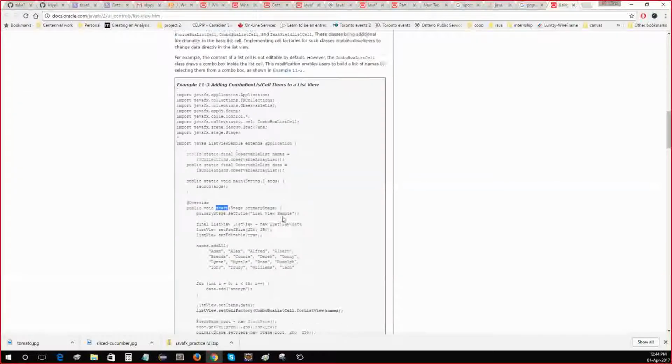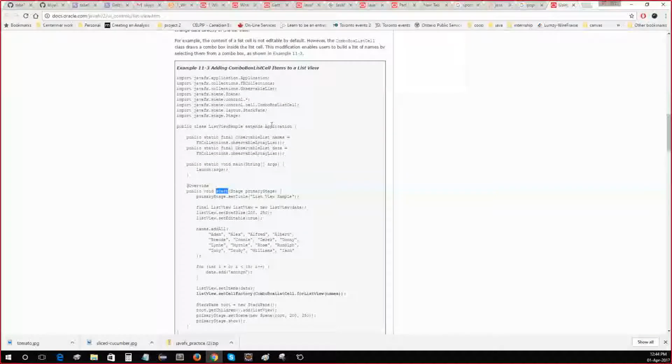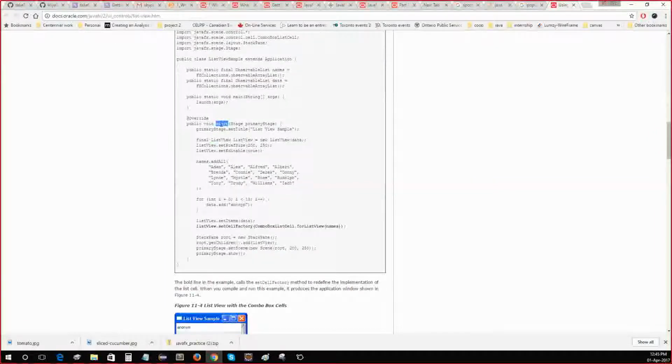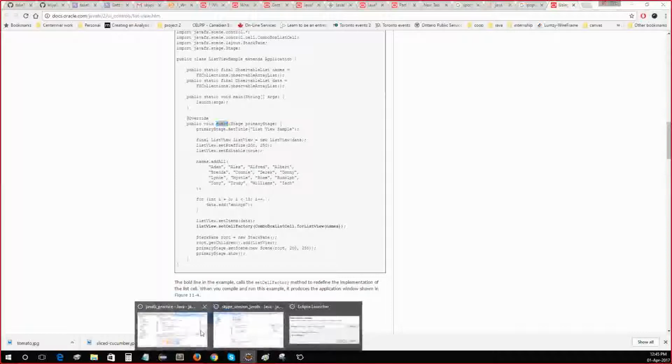So start, extend application, observable list. Here they're doing some work at the start, but this is instead of an fxml file, they're not using an fxml file here. That's why they're doing it at the start level. For us, start is, let's